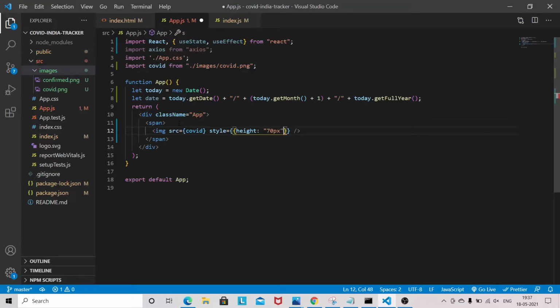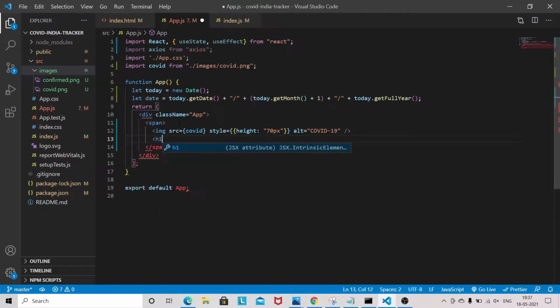Source I have already given code, okay, and if the image is broken, then I'm giving COVID-19, okay. Now we'll give h1 tag and give the name Live India Tracker, okay.